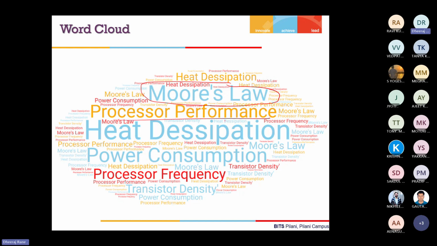We have seen that processor performance can be increased, and if we increase the density and the frequency of the processor, ultimately we will be able to have speedier operations as far as processor execution is concerned. But the problem we have faced was that heat dissipation and power consumption increase as we move further, and that's the reason